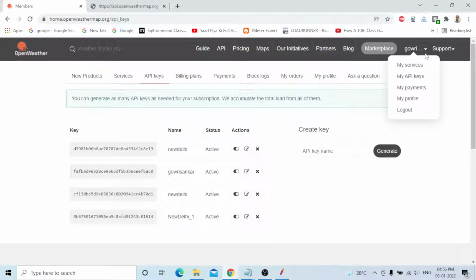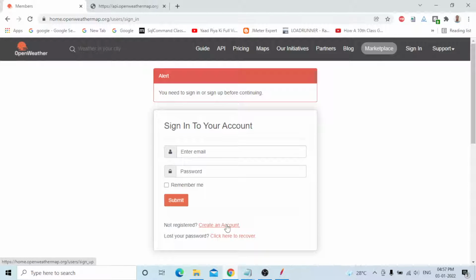Now you need to create an account. You just need to provide your username, email, and password. Agree to the terms and conditions, click on I am not a robot, and create account. These are the simple steps to create the account.